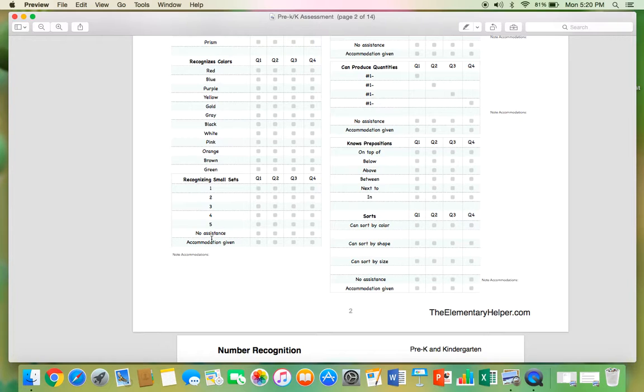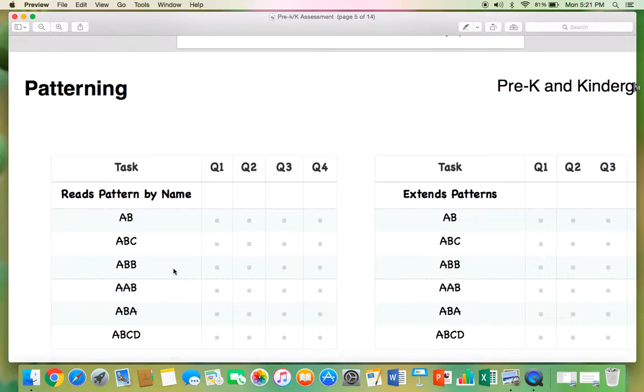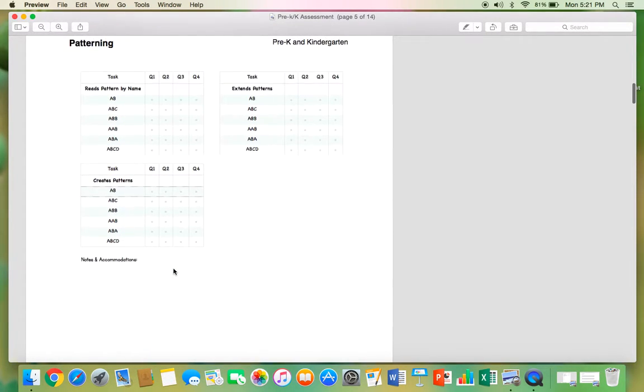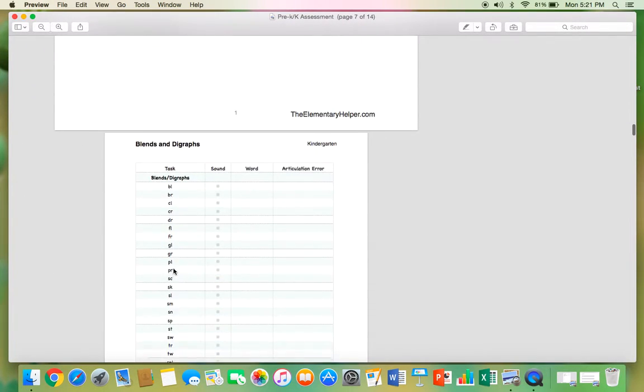If at any point you give a student assistance, which is completely fine, I'm all for differentiation even during assessment, write accommodation given, and then in the note and accommodation section, just write Q1, restated the question, gave the student options, etc. It's all about really letting parents know and your administration know that your student knows this information consistently with this accommodation. Number recognition, patterning, alphabet, blends and digraphs,